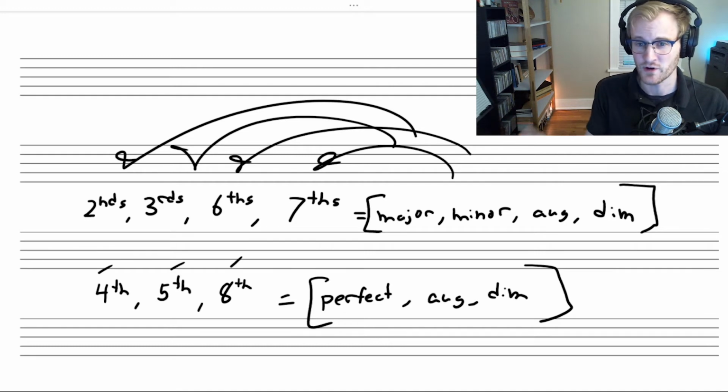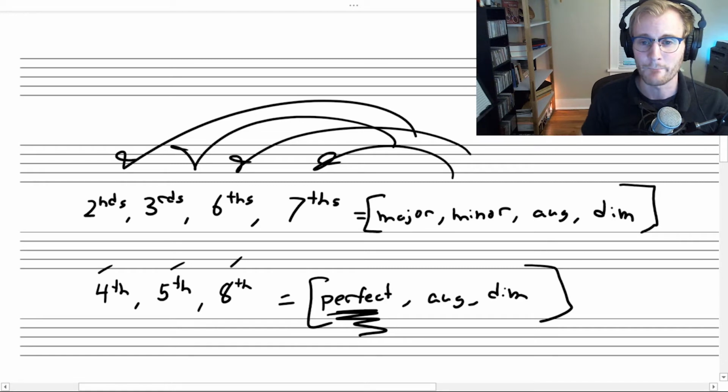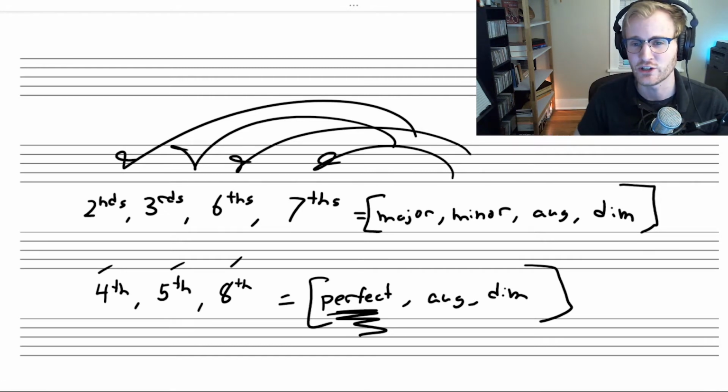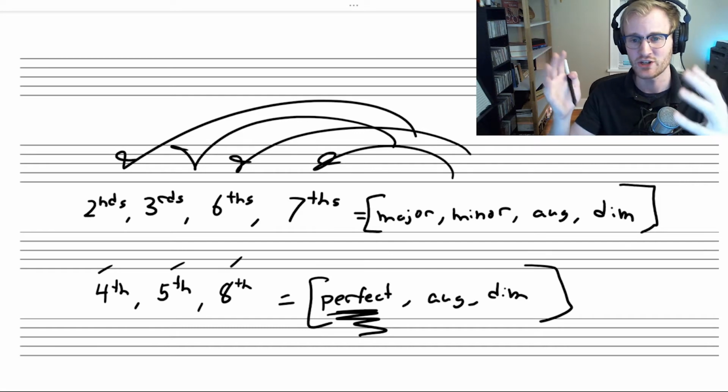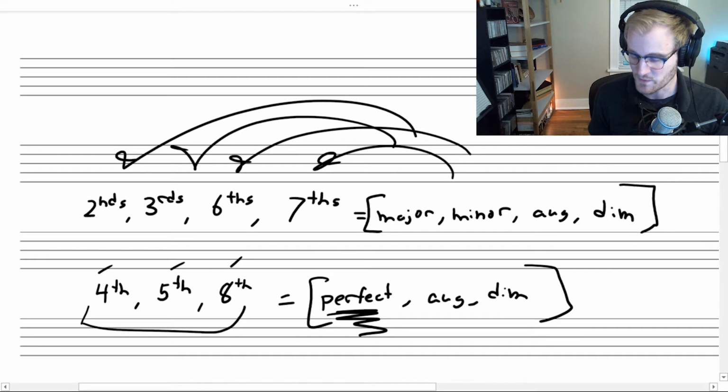And the perfect fourth and perfect fifth are very similar to each other, but I just want to explain the reason that we call them perfect intervals is going all the way back to Pythagoras, and it has to do with the ratio of one pitch to the other, and we end up getting really good ratios, like 2-to-1 for the octave, or we'll get like 3-to-2. The idea is that the ratio between the low pitch and the high pitch is mathematically perfect, and for many years, these intervals, particularly if you go back to the medieval era, were considered the only